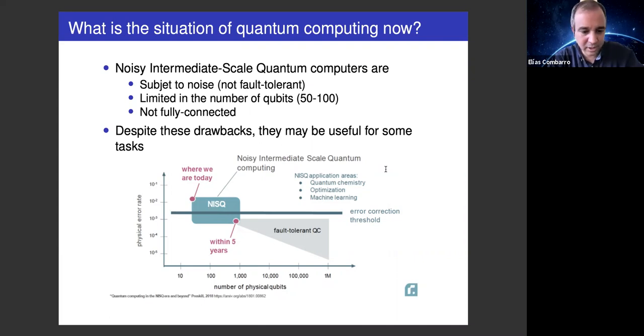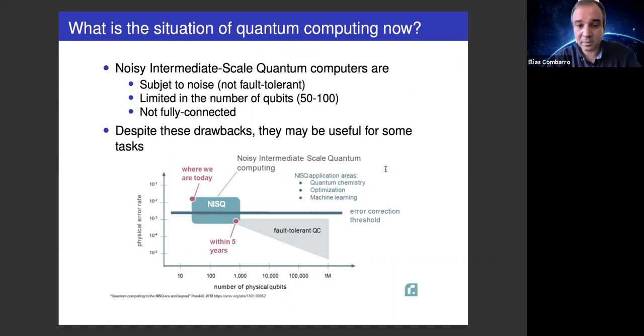These algorithms require that we have a big number of qubits, and that these qubits preserve their properties for quite a long time, and also that these operations are protected against noise and against errors. This is something that the community is working on in order to obtain quantum fault-tolerant